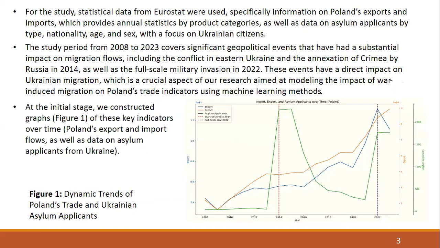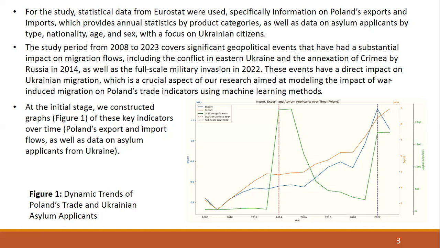For the study, statistical data from Eurostat were used, specifically information on Poland's exports and imports, which provides annual statistics by product categories, as well as data on asylum applicants by type, nationality, age, and sex, with a focus on Ukrainian citizens. The study period from 2008 to 2023 covers significant geopolitical events that have had a substantial impact on